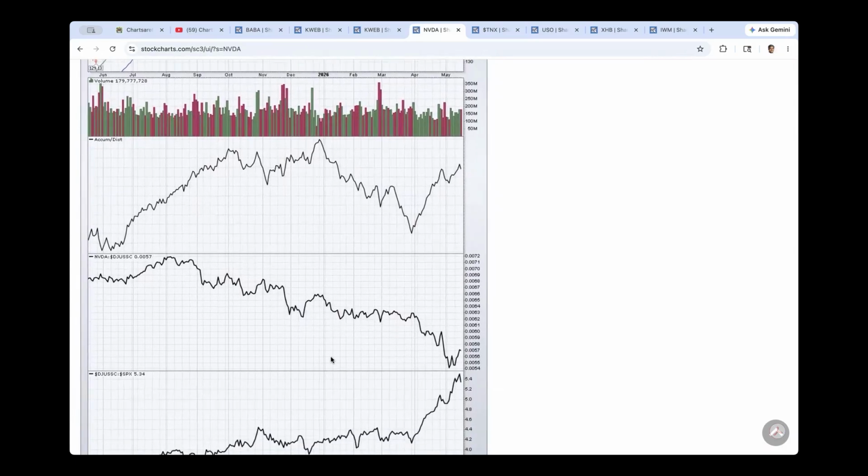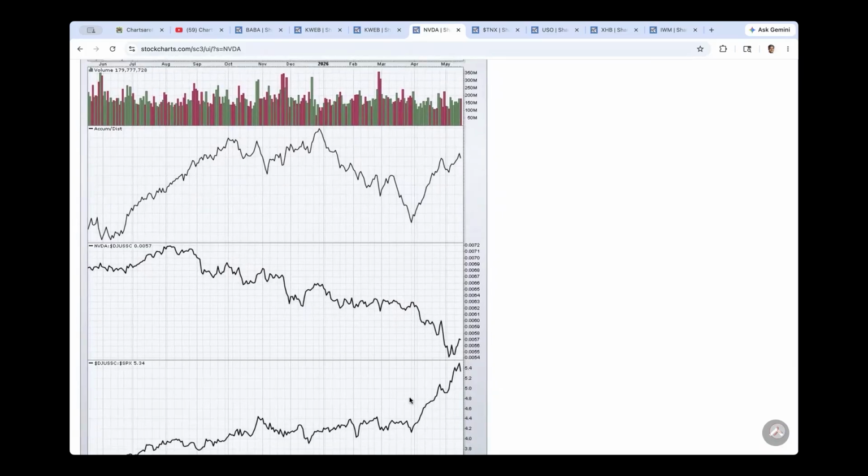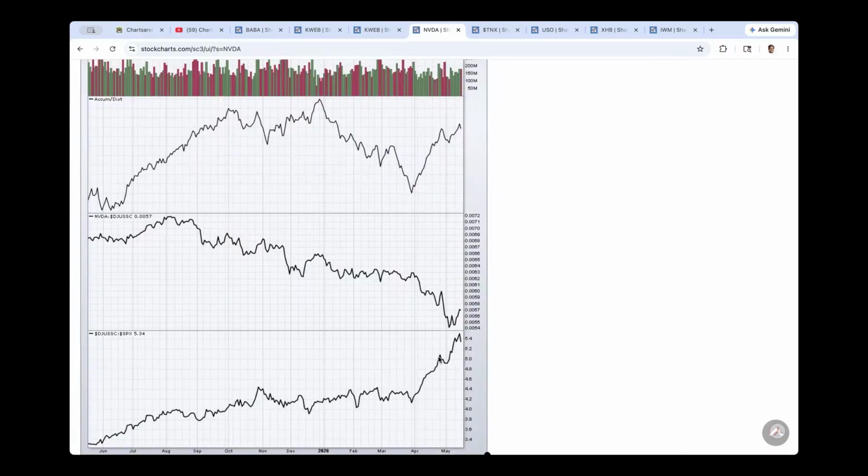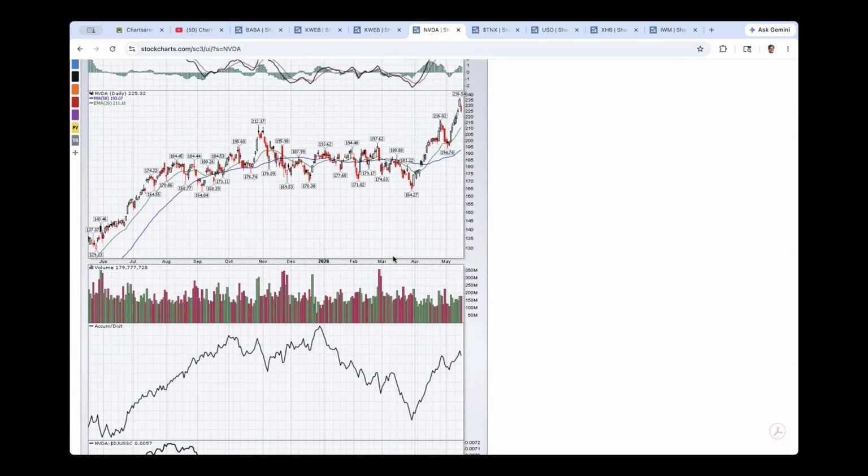And semiconductors, on the contrary, while NVIDIA relative to semiconductors has been going down, look what the semiconductors did relative to the S&P 500. The industry has been red hot. We all know that, right? This has been a tremendously climbing industry from levels at the end of March. We see how much it climbed in the ratio, from 4.2 up to 5.4. That's the huge relative performance of semiconductors. While semiconductors have been beating the S&P hands down, NVIDIA is not able to beat its industry. It's coming down. So that's a red flag on NVIDIA from a long-term perspective, something for us to be very careful about.